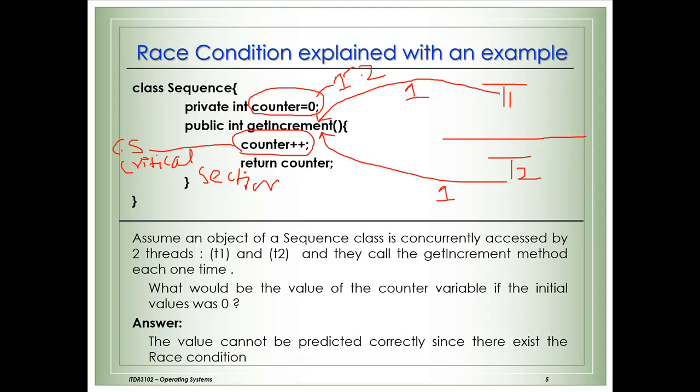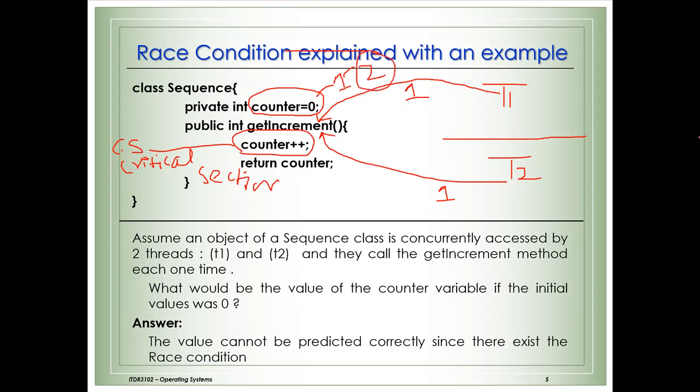So the final value should be 2, because these two threads have called this method each one time. When you print the counter in the program, after the two threads have each called this method once, the correct answer should be 2.